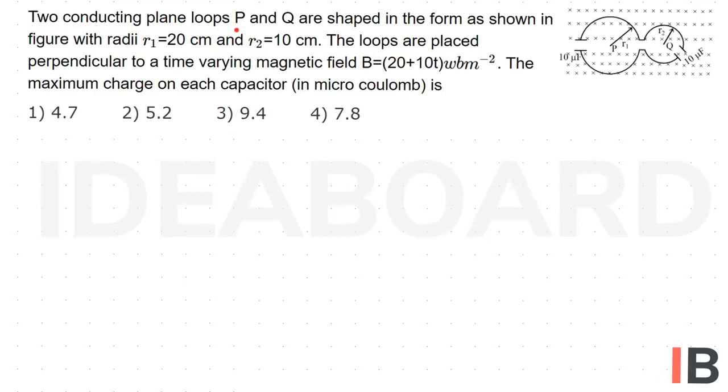Two conducting plane loops P and Q are shaped in the form as shown in figure, with radii R1 equal to 20 cm and R2 equal to 10 cm. The loops are placed perpendicular to time varying magnetic field B equal to 20 plus 10t Weber per meter square. The maximum charge on each capacitor in microcoulomb is